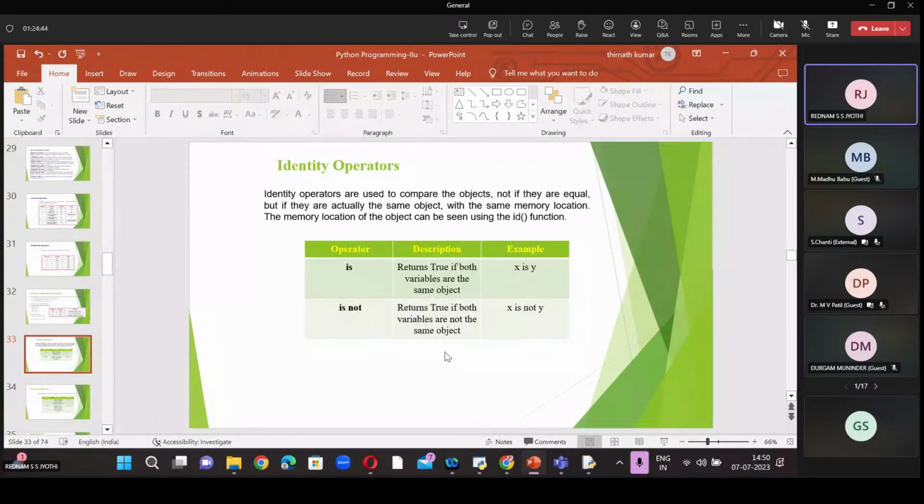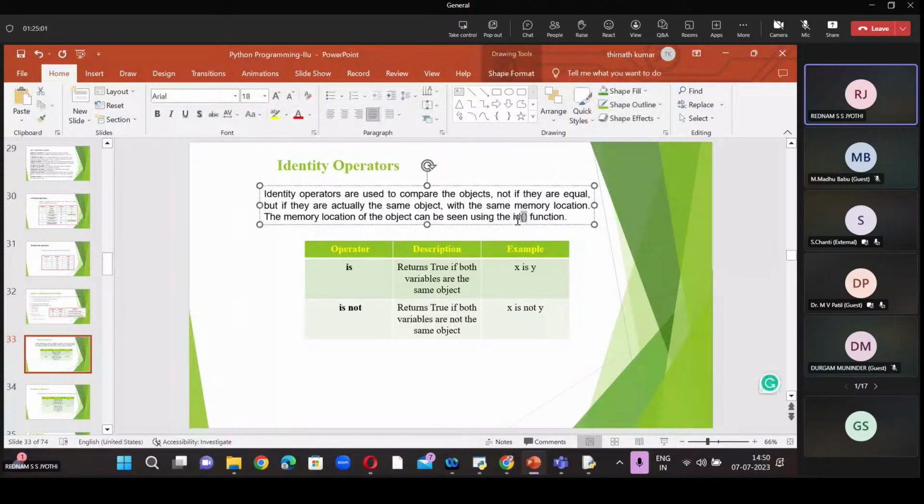Identity operators are used to compare the objects, not if they are equal, but if they are actually the same object with the same memory location. The memory location of the object can be seen using the id function.